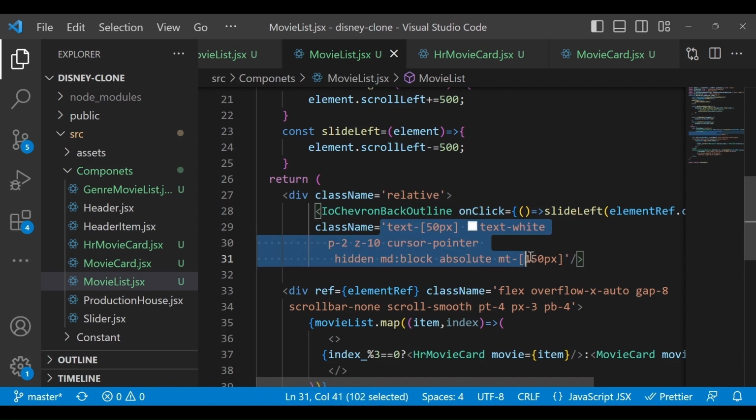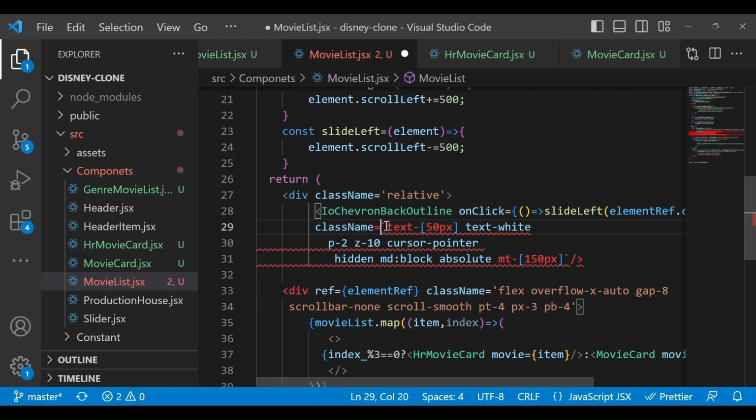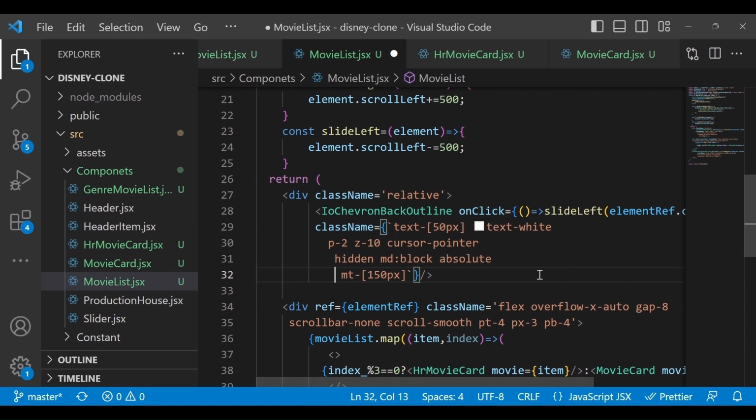So what I will do, I will wrap this particular code, right? Remove this single quote from here, and then wrap this whole thing, and outside that you have to wrap it in curly braces like this. Okay, then in order to write a dynamic condition, where you want to apply the style dynamically, you have to write dollar. In between that you can write the condition. So in this case I will write this condition: index mod 3 is equal to 0. Then I want the margin.